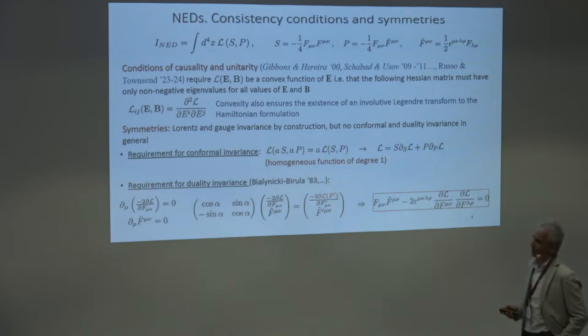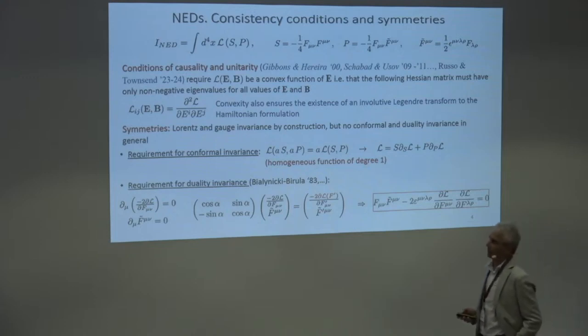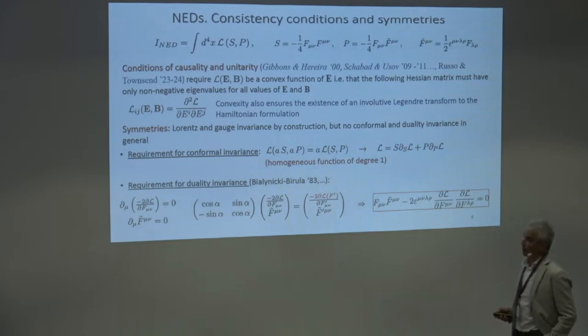For example, if we rescale these scalars S with some parameter A, then the Lagrangian should have this form, because the rescaling of the Lagrangian can be compensated with the rescaling of the coordinates here. And then another important property which we would like to have, which we know plays an important role, is the electric-magnetic duality, which in the case of nonlinear theory has the